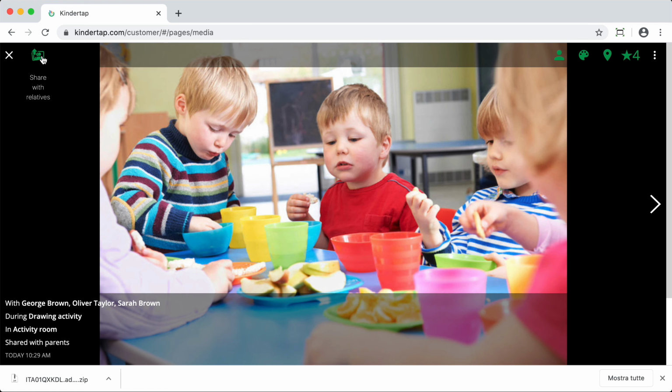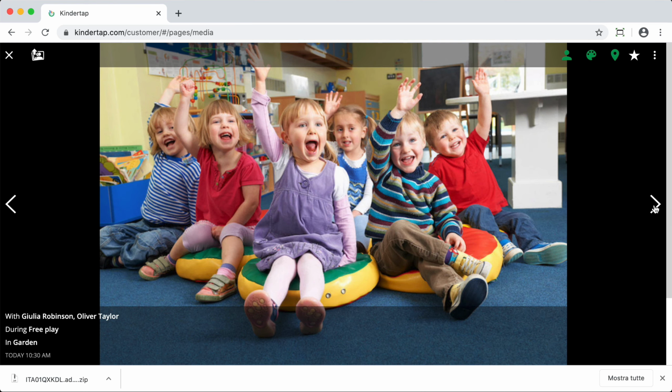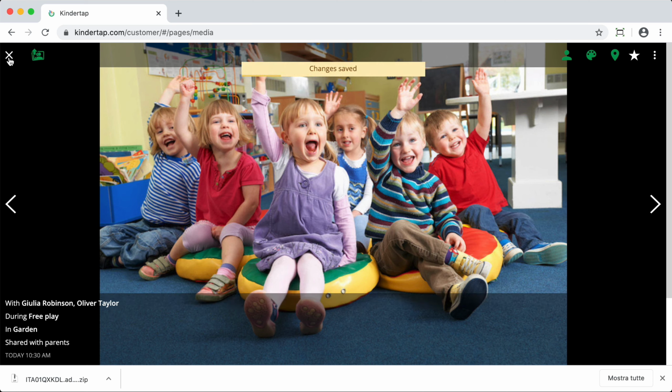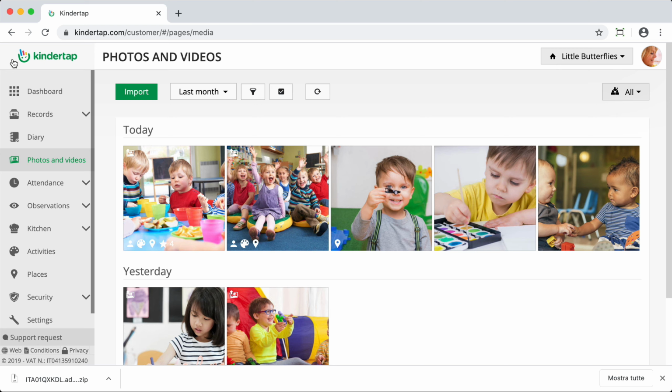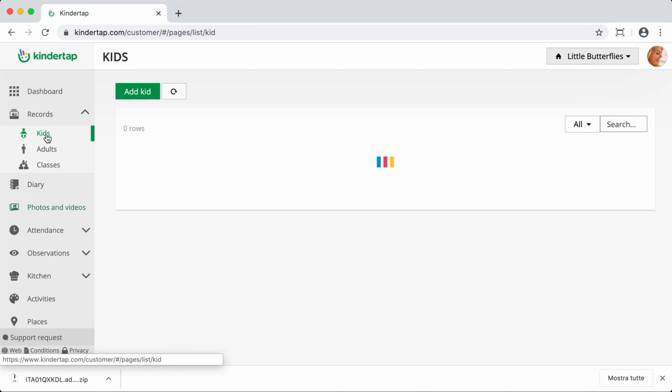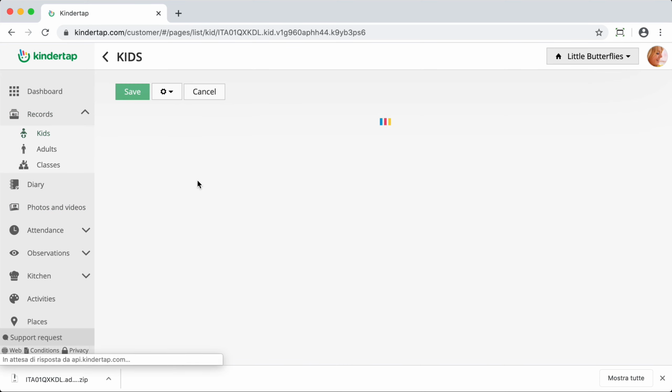In the case of a photo where 2 or more kids are tagged, by authorizing the sharing, you will share the photo with both families. In this first way of sharing photos, Kindertap shares images only after having checked the authorization given by the parents for each kid. In fact, in the kids record, for every child you can specify a different level of authorization